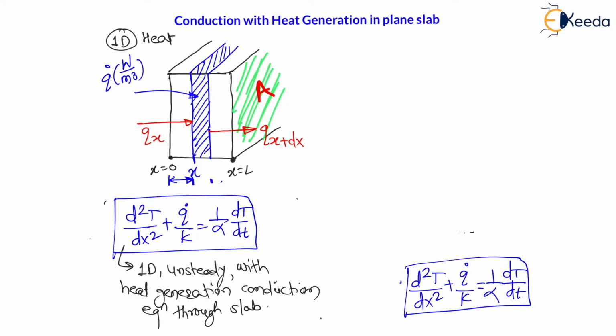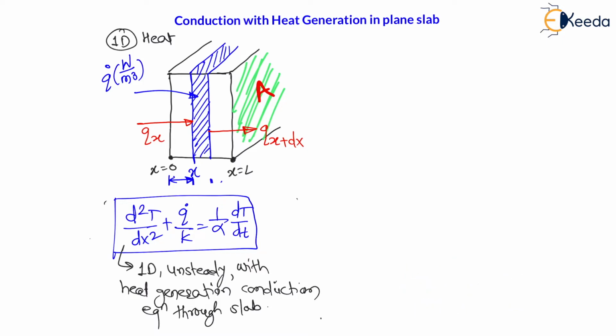But my dear students, we are looking for the 3D equation. So let us write down for 3D. Now, as it is for 1D, let us say there is a uniform heat generation rate and there is heat transfer in the y direction also, that is qy, as well as heat transfer in the z direction also, qz. Then for this three directional heat transfer, the equation will become d2T divided by dx square plus d2T divided by dy square plus d2T divided by dz square.